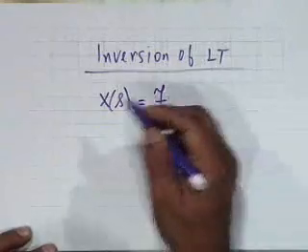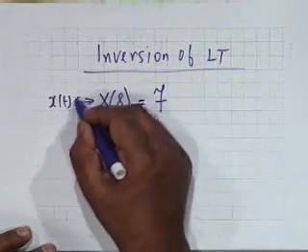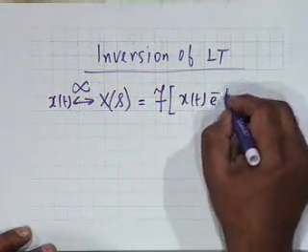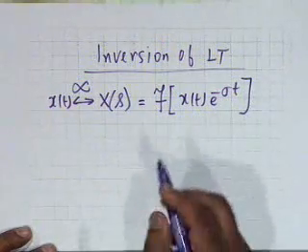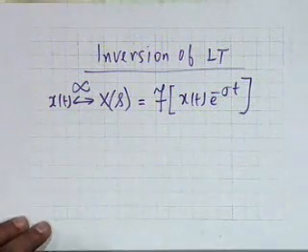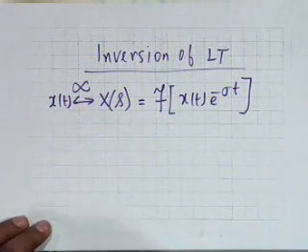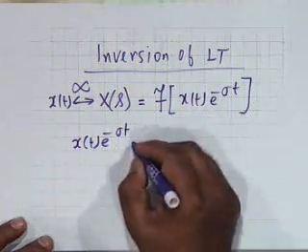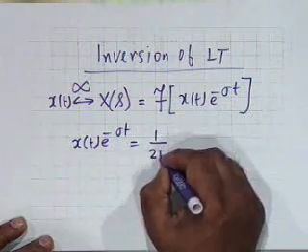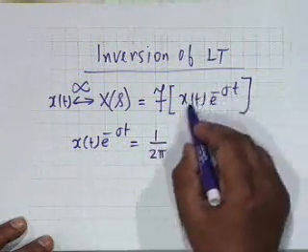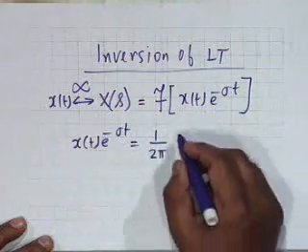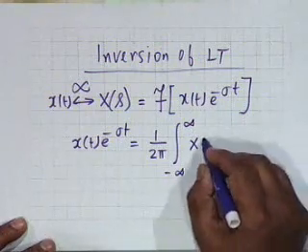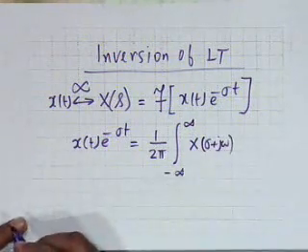The Laplace transform of a function x of t is simply the Fourier transform of x of t e to the minus sigma t. And therefore, in inversion of Laplace transform, we take the inversion formula for Fourier transforms, that is x of t e to the minus sigma t. The Fourier transform says 1 by 2 pi, this function is the Fourier inverse of X of s. So 1 by 2 pi, minus infinity to infinity, X of s, s is sigma plus j omega, e to the